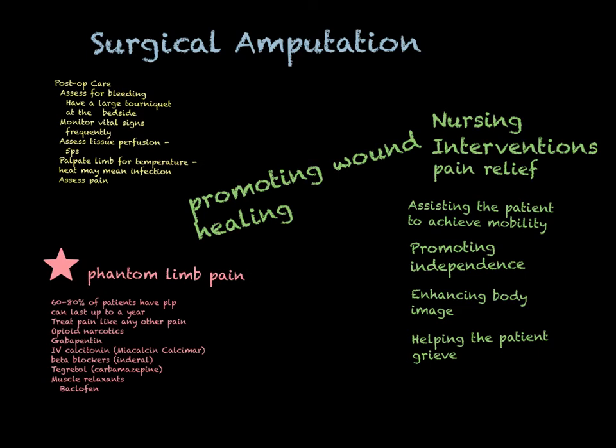If that dressing comes off, you immediately need to wrap the residual limb with an elastic compression bandage. If you don't do that, that patient will swell very quickly, and that's going to delay their recovery. If that person has a rigid dressing, sometimes a cast or a rigid removable dressing, and it comes off the stump, remember, you don't have a foot or anything to anchor it there. The physician needs to be notified right away so that they can recast it.